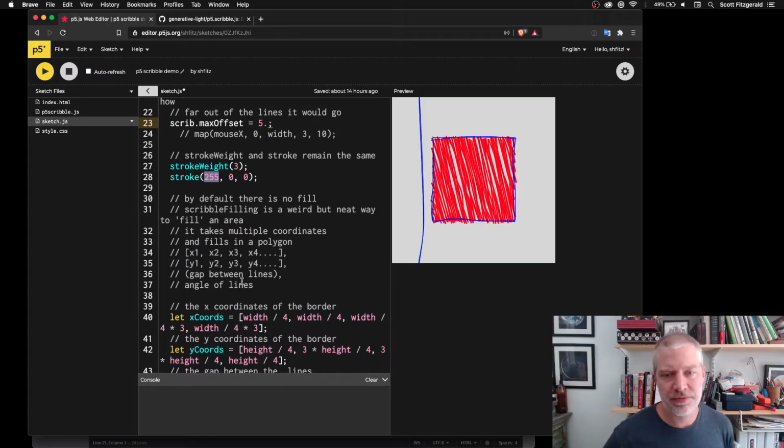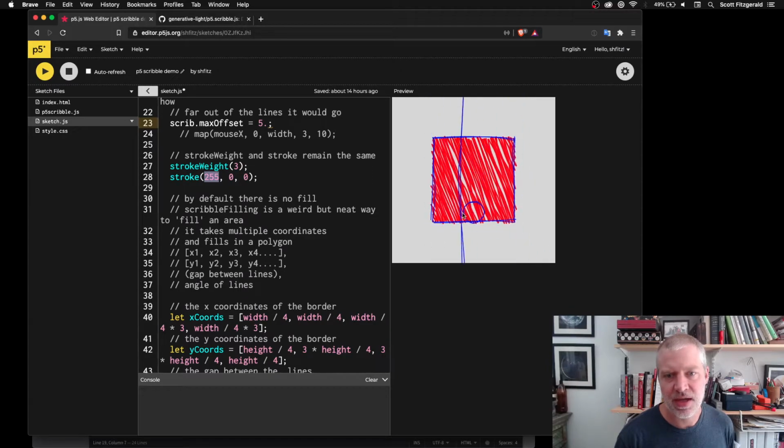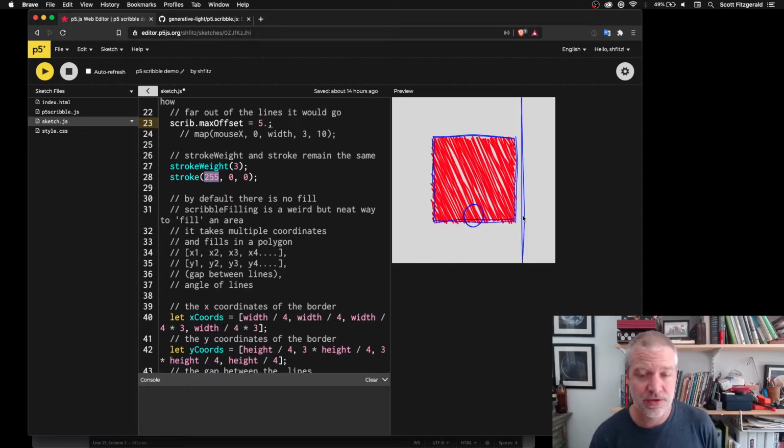So by default, there's no fill when you're using the Scribble library. Instead, it'll just draw the outline of something. So the rectangle here is just an outline. The ellipse just has the outline. If you want to do some sort of fill inside of a rectangle, and I haven't figured out how to do this with an ellipse yet,